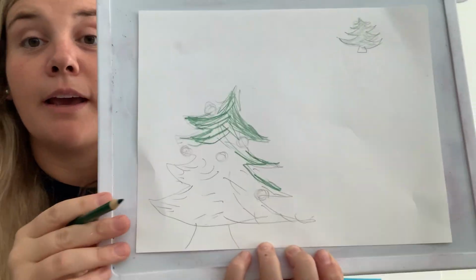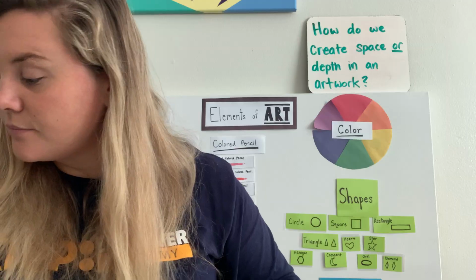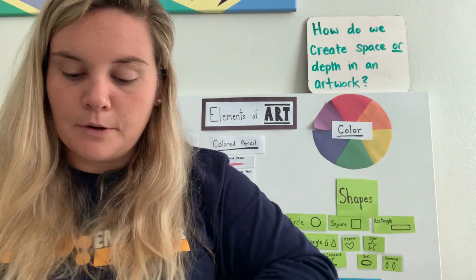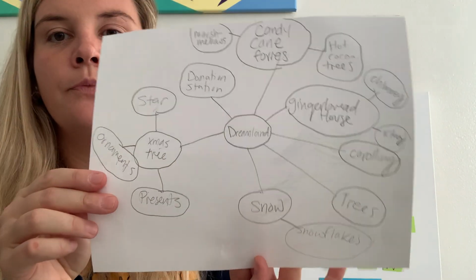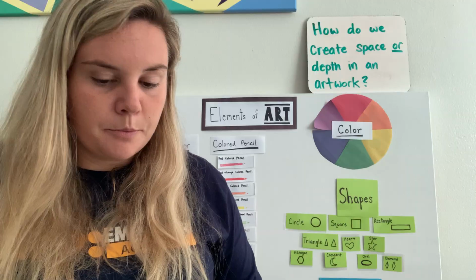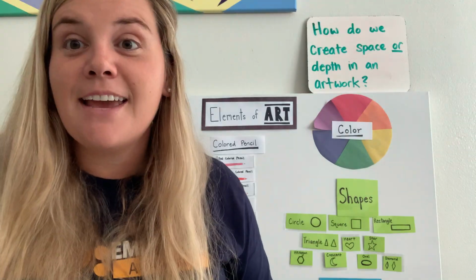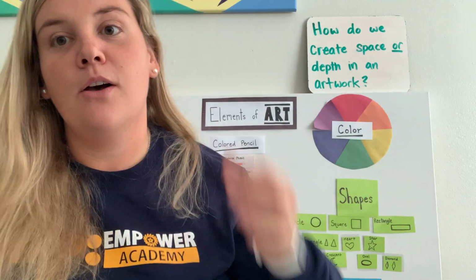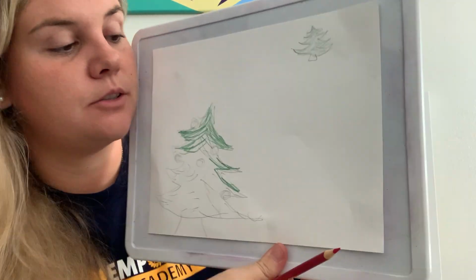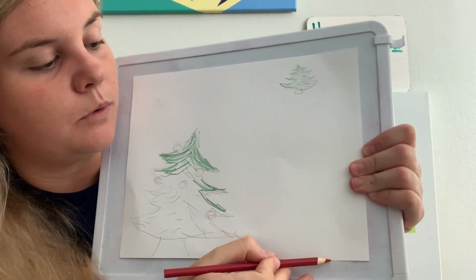Okay, and the last thing I haven't tried is overlapping. So I'm gonna choose something from my brainstorm web to practice overlapping. I am going to practice with my candy cane forest. So I'm gonna use my red color pencil. And how can I practice overlapping? So I'm gonna first do one candy cane